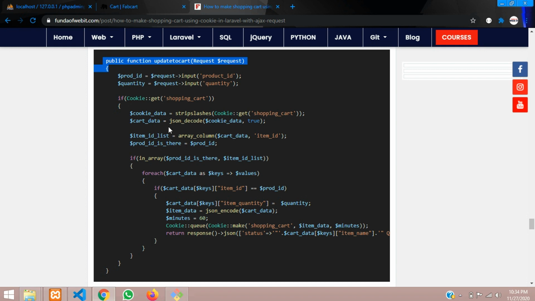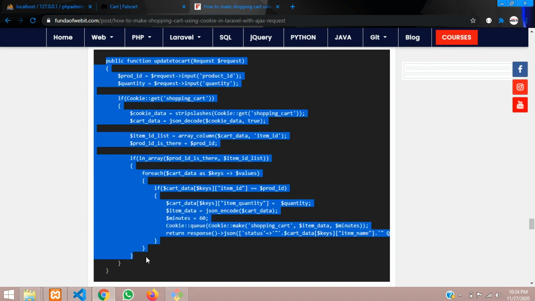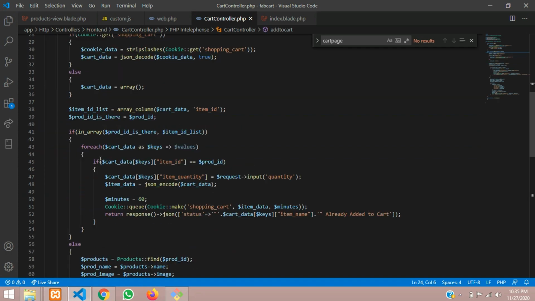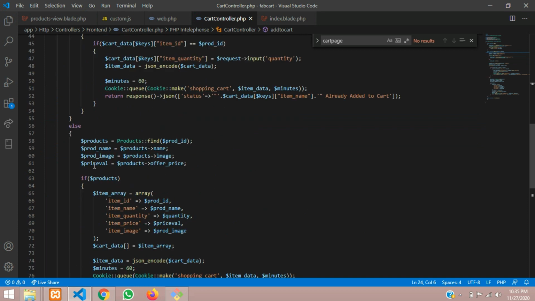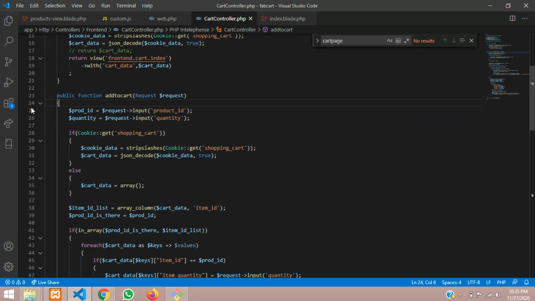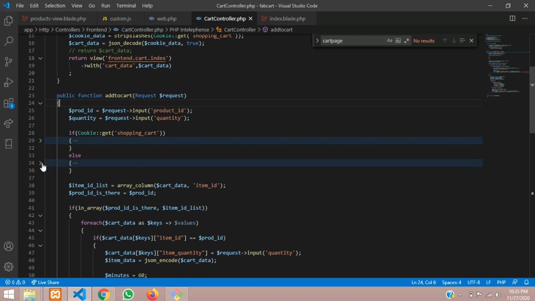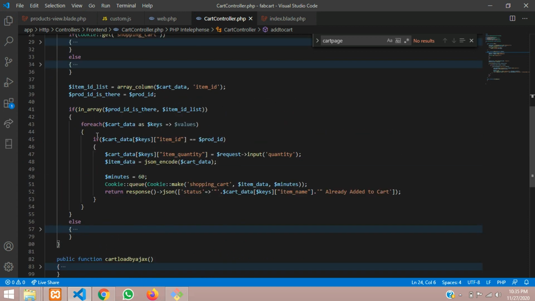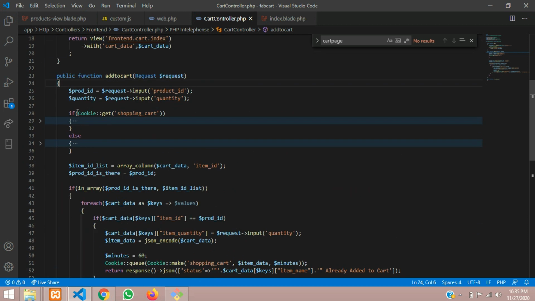If you directly copy it, or else, if you watched the previous video, you can copy from the add to cart functionality itself and start with it, but it will be a mess for you. So let us continue in our blog post itself. I'll just give you a small clue of what we did in the previous video for add to cart. From there only we are adding all the things.